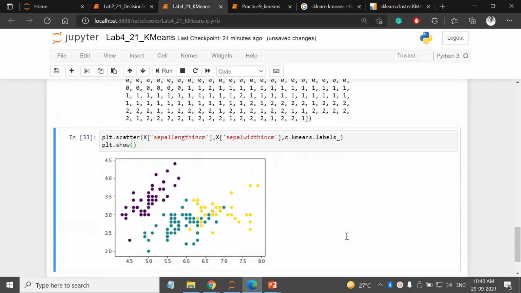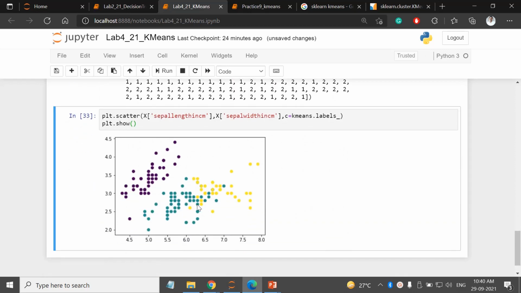See, this is the distribution that you are getting. Now you can ask why it is clustered like this. Because there are other dimensions also. You are considering only 2 attributes here. Ideally, if you consider only 2 attributes and create a k-means object, this yellow point will be green actually, right? But as there are other 2 attributes, that's why it is labeled as yellow.